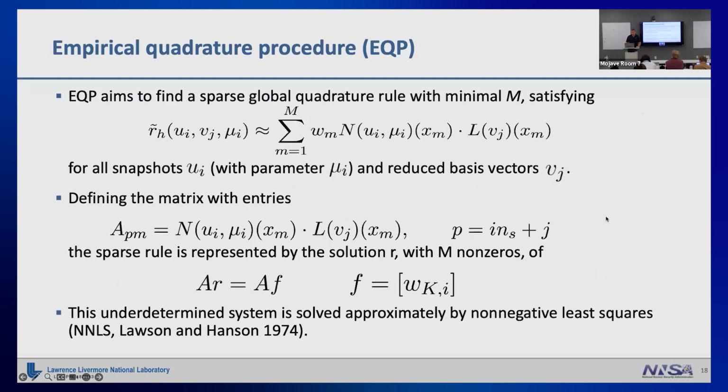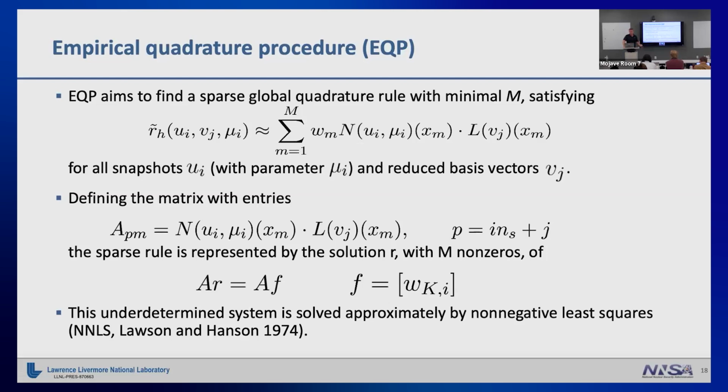So using this, we can set up our constraint system that's underdetermined, saying we want to integrate some reduced basis vectors, say B_j, from our reduced space times solution snapshots in the non-linear term. It's not sufficient to just use the basis vectors in the non-linear term because it's non-linear. So if you include a rule that satisfies it just for those, you don't get the entire space because of